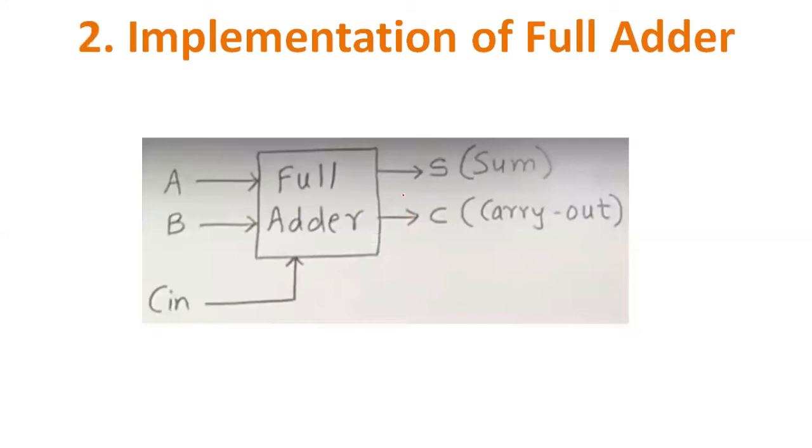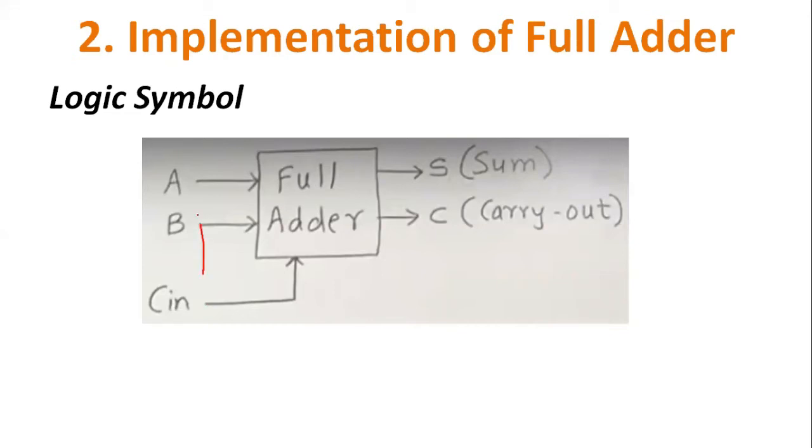So, full adder. This is the logic symbol of the full adder. Okay, so why is it called full adder? Because it has three inputs, that is A, B and carry in, and the outputs are sum and carry out. So the full adder considers the previous carry in. Whatever carry is generated in the previous digit addition, that will be considered here while performing the current 2 bits addition. So that's why it is called full adder. Okay, so carry in is considered here for the full adder.